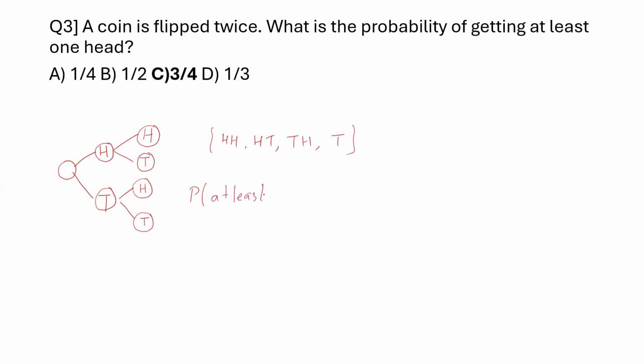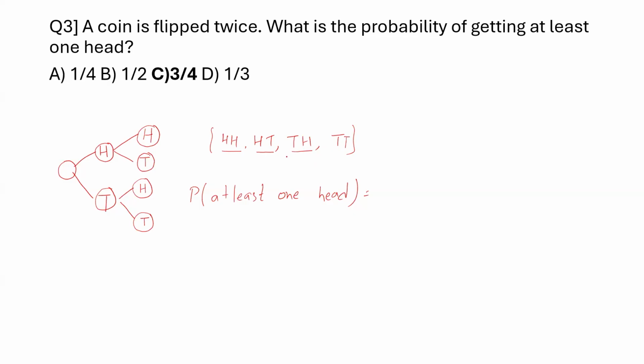At least one head. So just look at the scenario. How many outcomes can you expect with at least one head? Here you have one that you can count. Here you have one, you can count here, you have two, because they are interested in at least one. It means one should be there. So that means this also you can count.